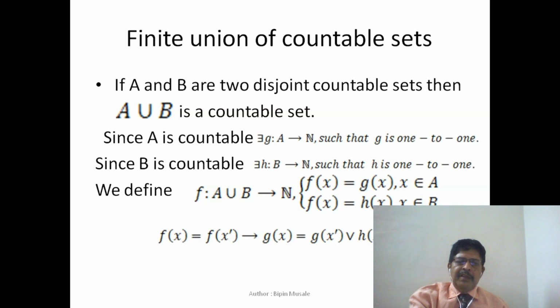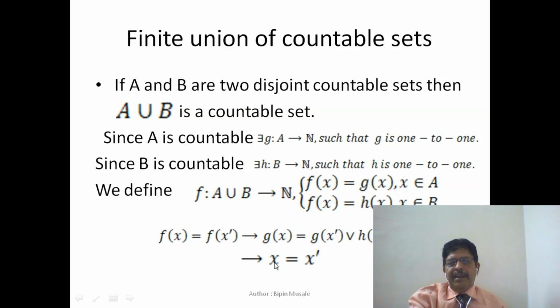So if f of x equals f of x prime, then either g of x equals g of x prime or h of x is equal to h of x prime. Really? Because here we take for granted that either x and x prime both belong to A, in that case g of x equals g of x prime, or x and x prime both belong to B, then h of x equals h of x prime. But there is a possibility, right, that x belongs to A and x prime belongs to B, and yet g of x equals h of x prime. We overlooked that possibility